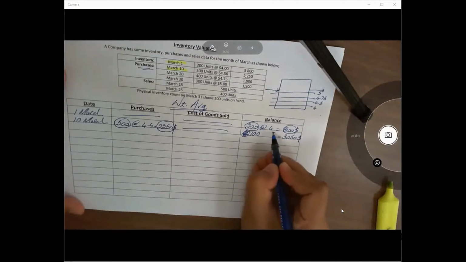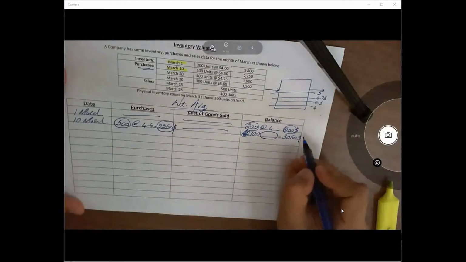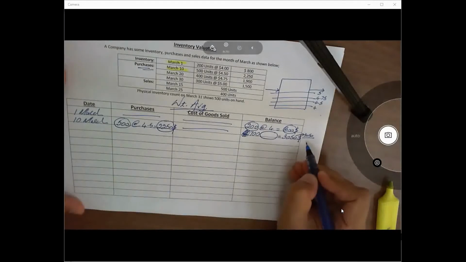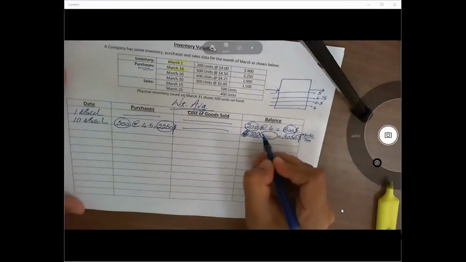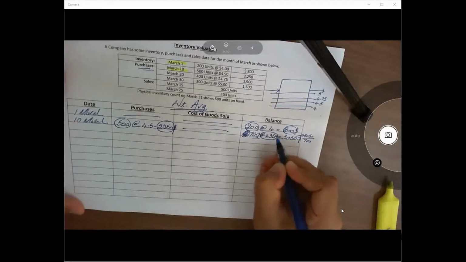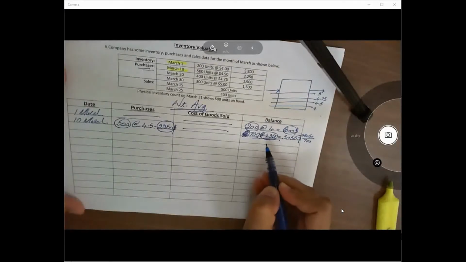Now the problem is we need to calculate this per unit cost. Very easy to calculate this per unit cost. We will simply use this value, 3,050, and we will divide this value by total units which we have, 700. When you divide this, then you will receive 4.357. This is our new unit cost. This means that if we want to sell something now, then we will be selling at this cost per unit,